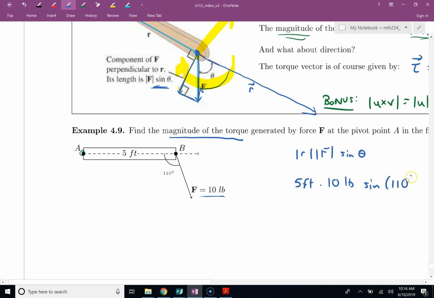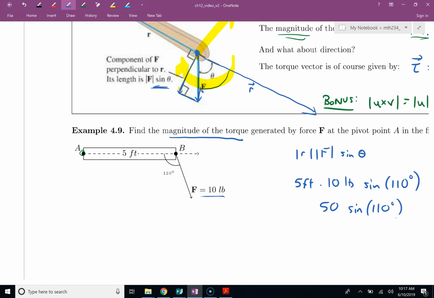So let's go ahead and write that down. Sine of 110 degrees, so that's going to be 50 times sine of 110 degrees. And this isn't one of those nice ones on our unit circle. So on a quiz or an exam or something like this, this is how I would leave my final answer. All right, so it seems like we're done, but there's actually 2 more things that I want to